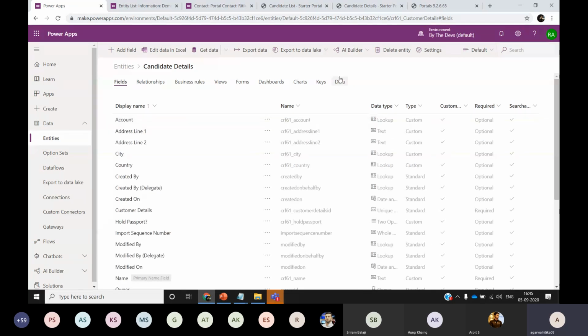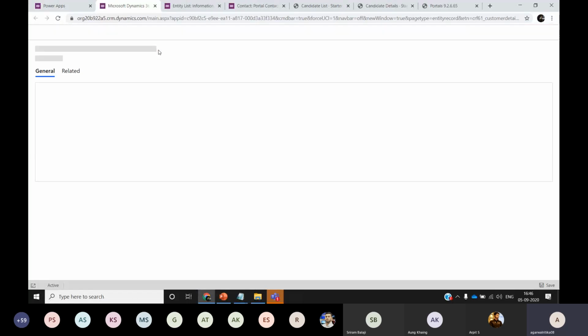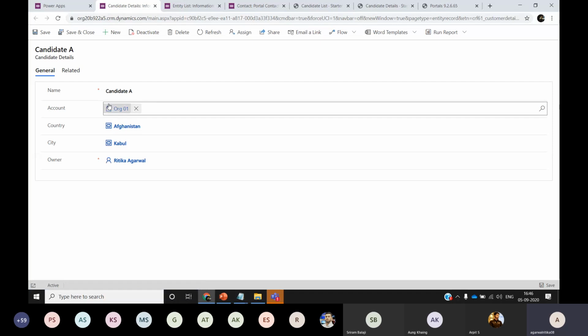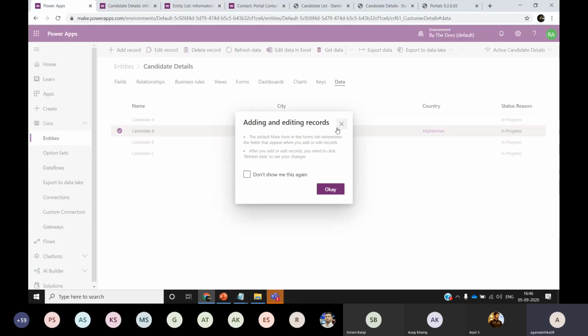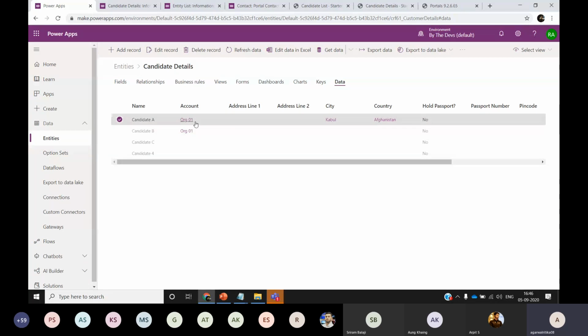So let's assign a few records an account. So let me go with this candidate A. Okay, so this is already assigned. Let me then show the custom fields because the account field is not here. So I'll go to custom fields, and here org01 is assigned to two records, A and B.